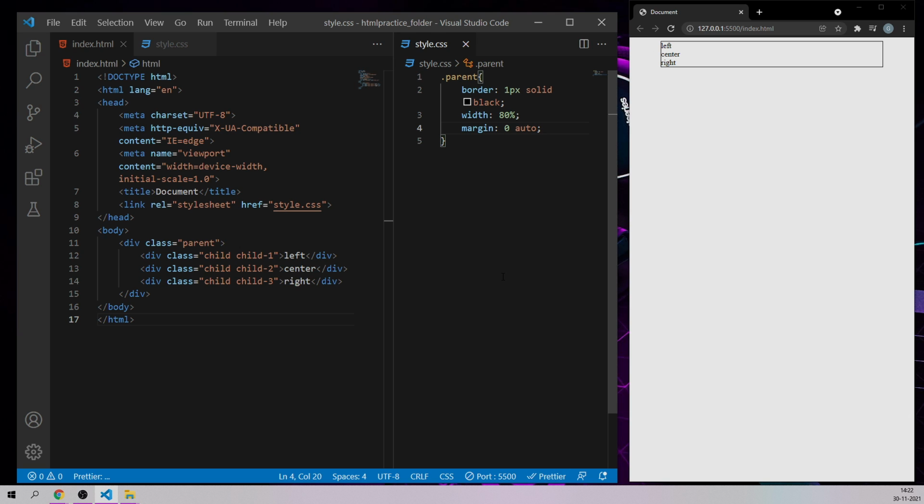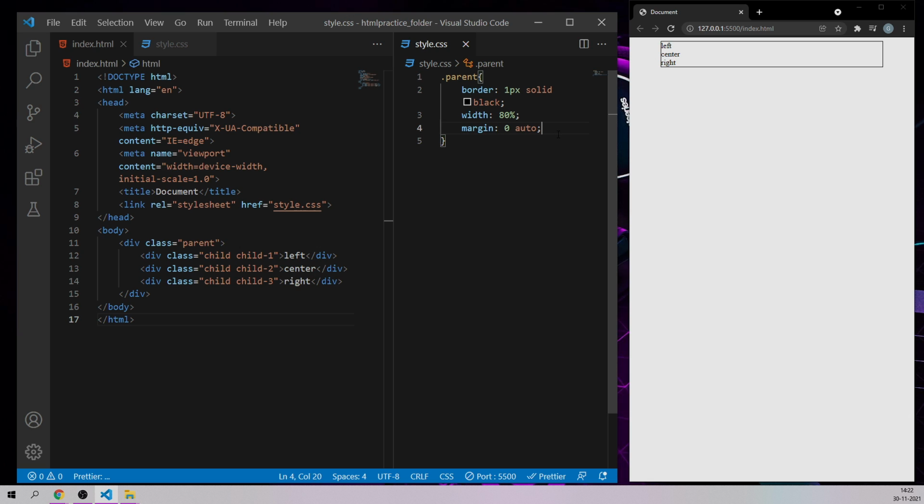Let me save it, and as you can see, the left side and right side margins are equal right now. If you want to give up and down margin also, then you can try something like this. If I say 100 pixels instead of 0, there will be a 100 pixel margin at the top as well as at the bottom of this particular element. See, like this. For the time being, I don't want any margin, so let me keep it as 0 itself, so that it will be at the top of the page.